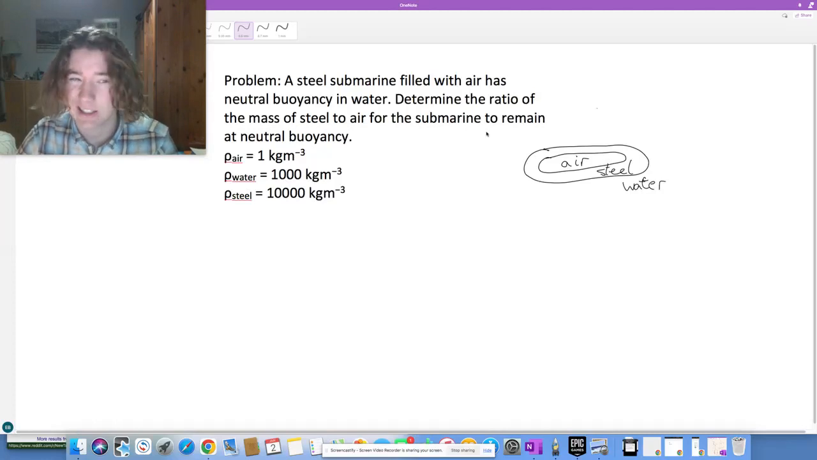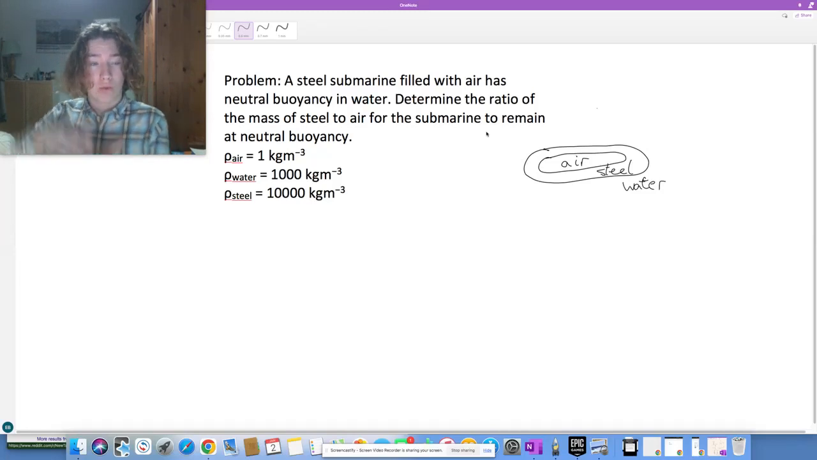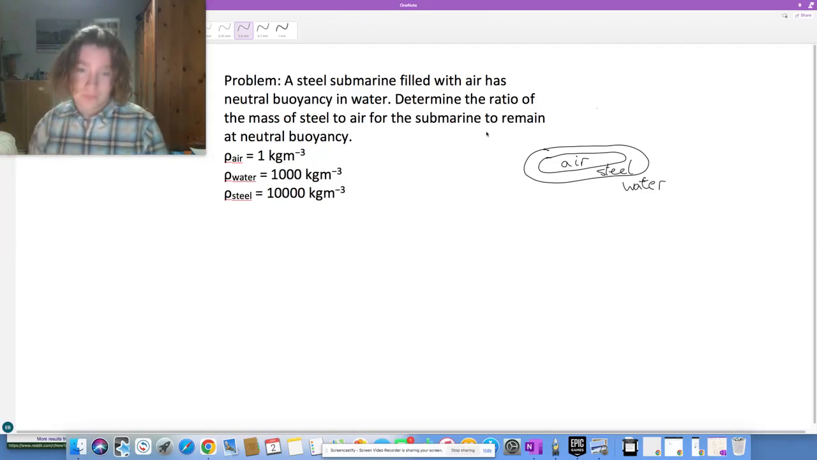Here we've got a classic interview question talking about density. We're told a steel submarine filled with air has neutral buoyancy in water. Neutral buoyancy just means that it floats, and if we left it for an extended period of time, it would stay at that altitude and it wouldn't try and float upwards. So this basically means that the